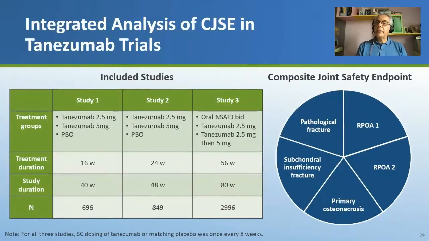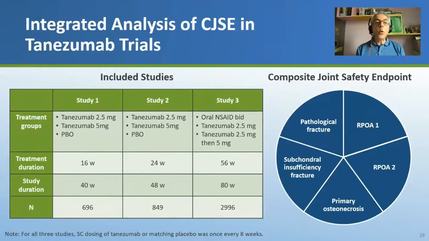So about this RPOA, this is an integrated analysis of 3 phase 3 clinical trials. The first one is the European-Japanese pivotal study, what is called study 1, which I just presented before. Study 2 is the American pivotal study with this design you can see on the slide, with a treatment duration of 24 weeks and a study duration of 48 weeks. And the third study is a long-term study, mainly for looking at the safety over 80 weeks.